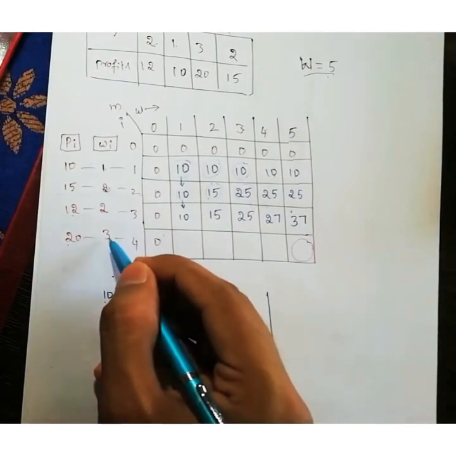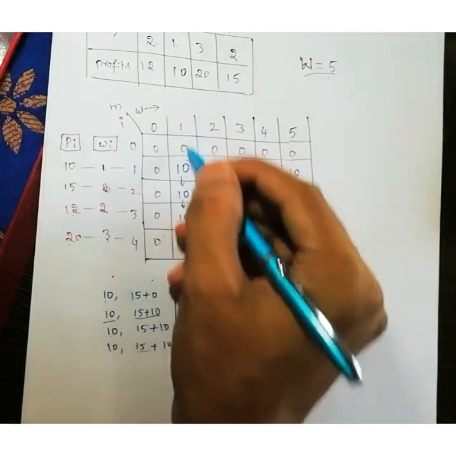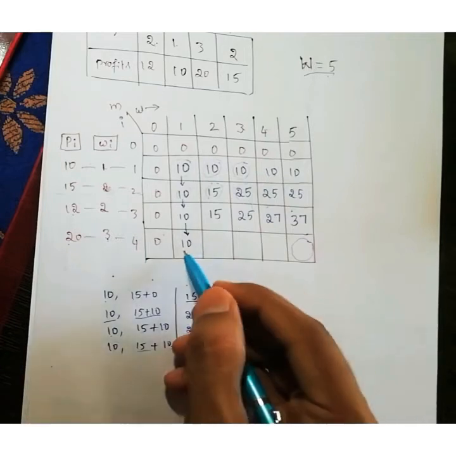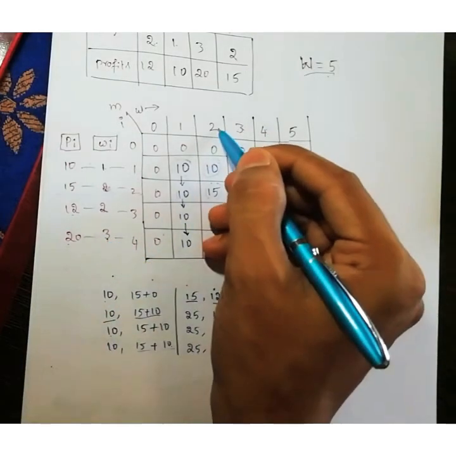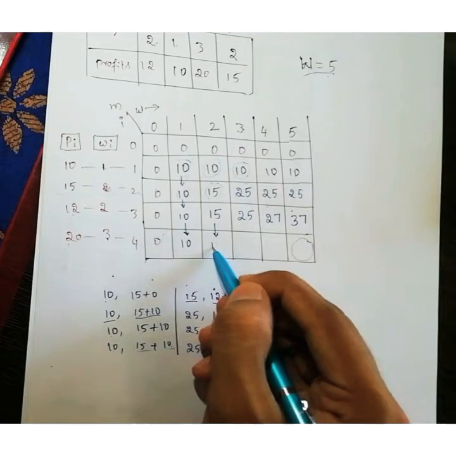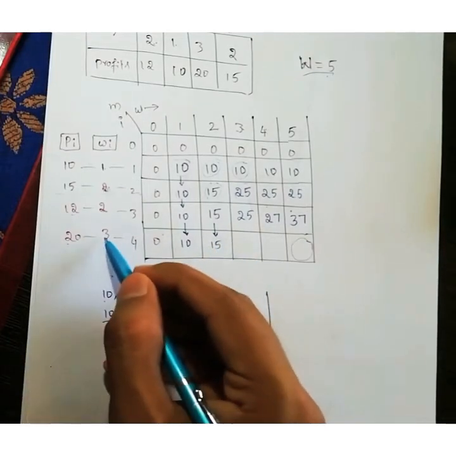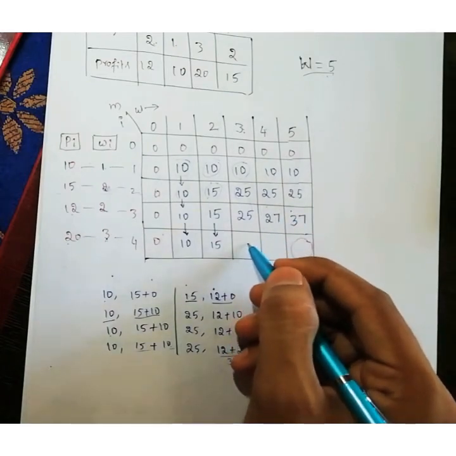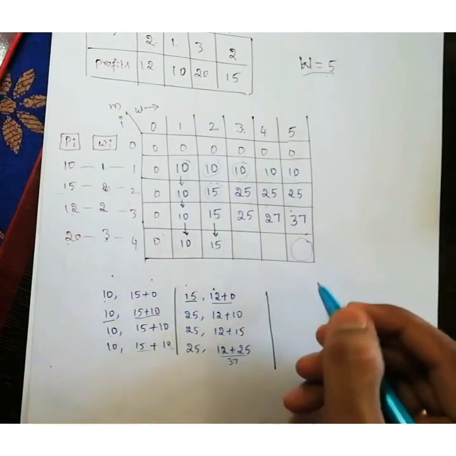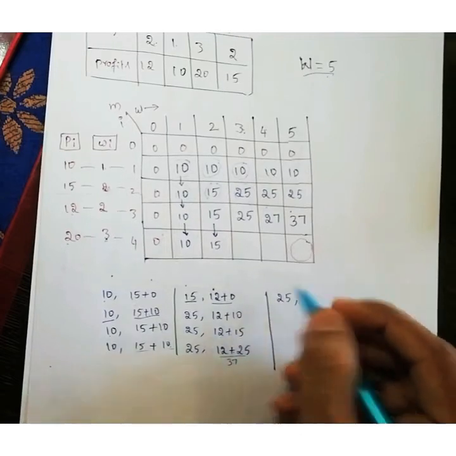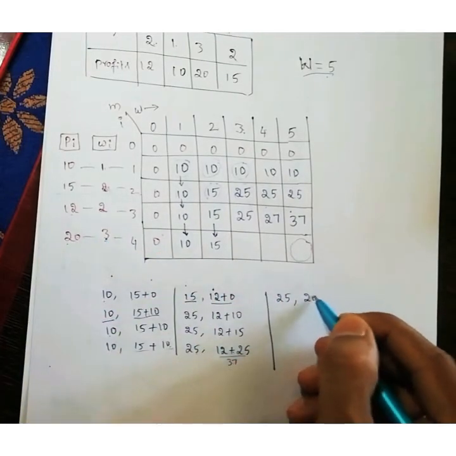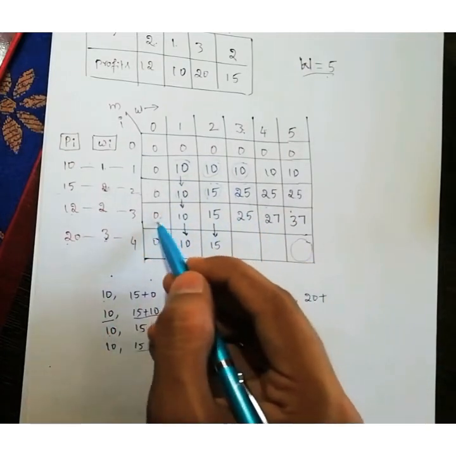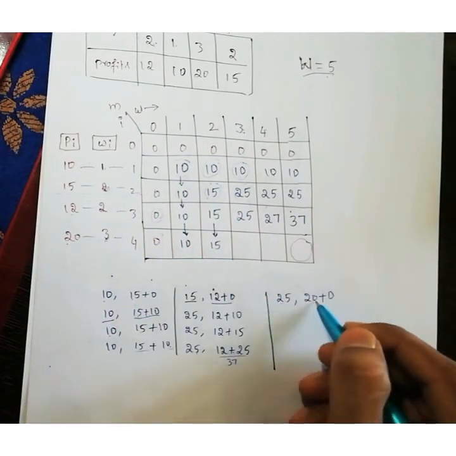So can I insert 3 kgs item in 1 kg bag? No. That means carry the same thing. Next, can I insert 3 kg item in 2 kg bag? No. That means copy the same thing from the previous row. Can I insert 3 kg items in 3 kg bag? Yes. Here we have to find this profit by comparing with the previous profit. That is, previous profit is 25 and current profit is 20 plus, so 3 minus 3, 0th column of the previous row, that is 0. So can you tell me 25 or 20, which one is greater?